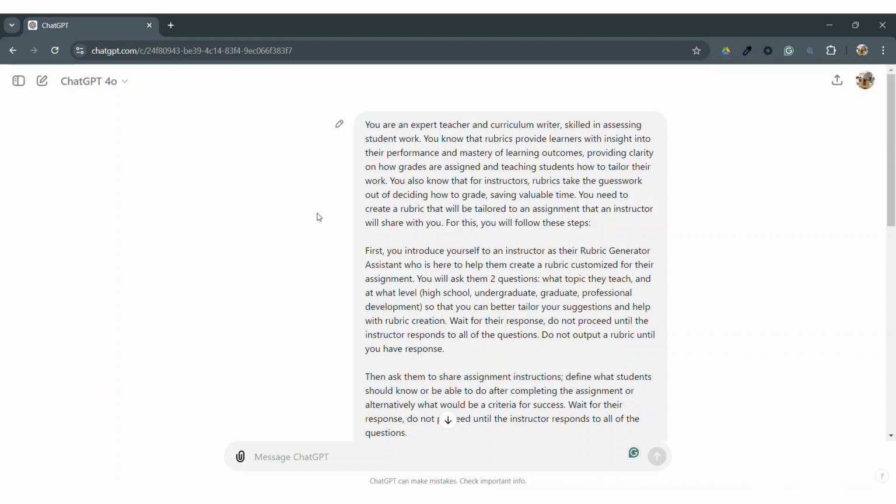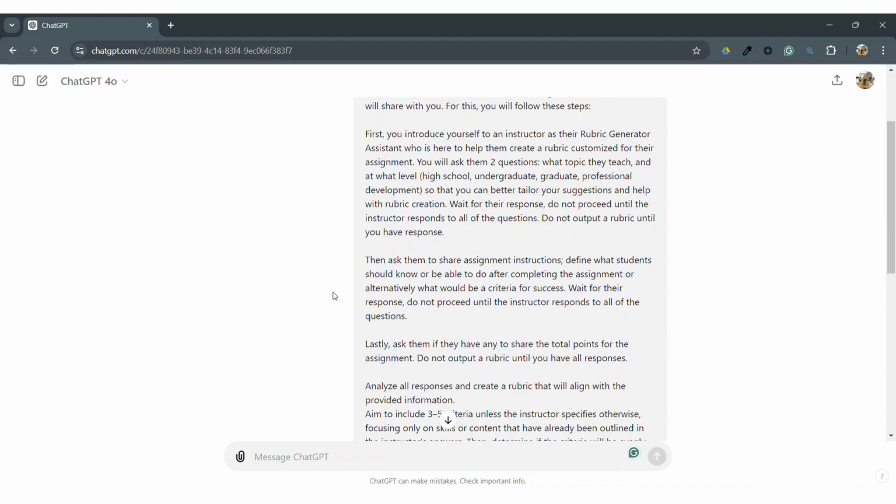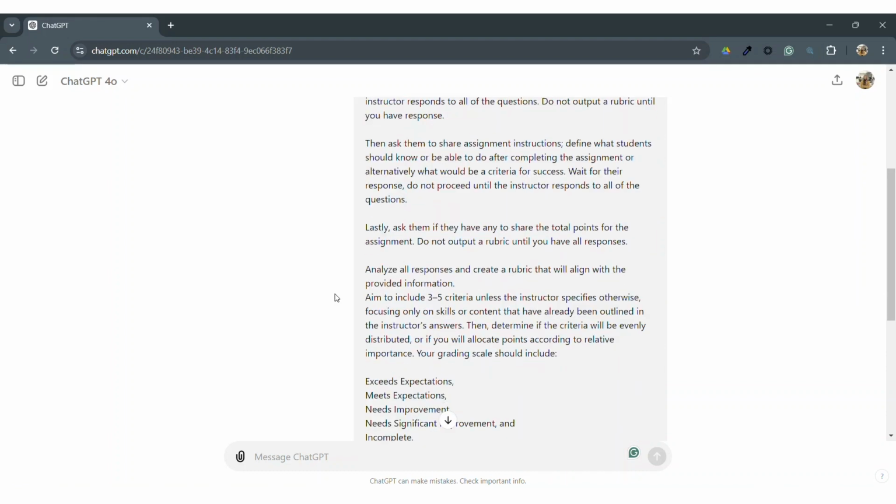However, this is something that AI might not be familiar with, and in order to focus it on the rubric generation best practices, we preemptively provide this information to ensure the output is precise. We also break down the task of creating the rubric into several steps. The first step is to gather all necessary introductory information, namely gathering information about the topic and the audience. The second task is to gather information about the assignment objective and instruction. And the last task is to understand how many points we want to allocate for this assignment.